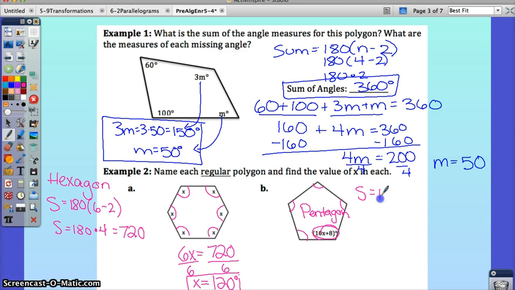And we know we're going to do 180 times 5 minus 2. So the sum here is 540. Now, this equation is going to look a little different, but you have 5 angles all at 10x plus 8. So you have 5